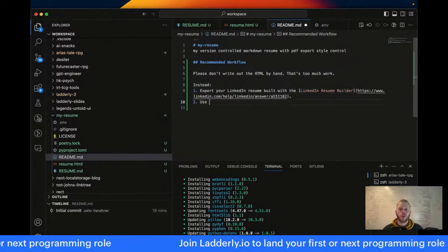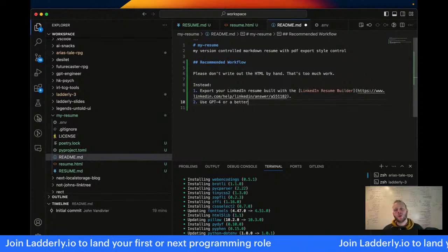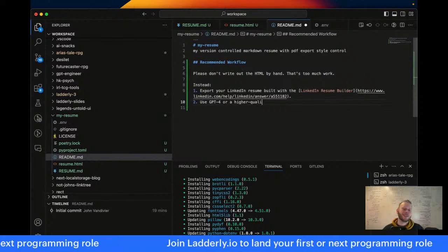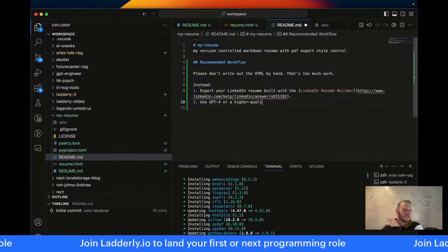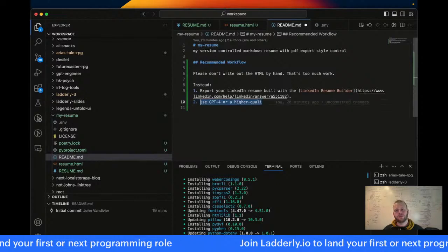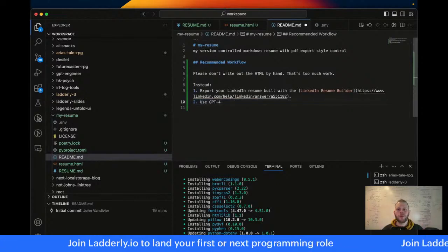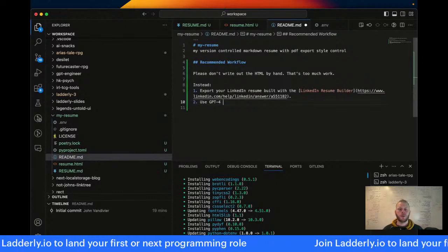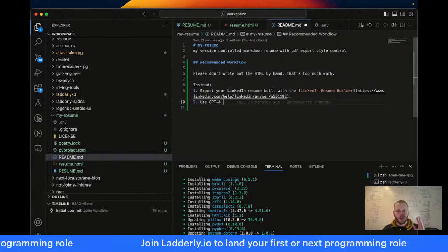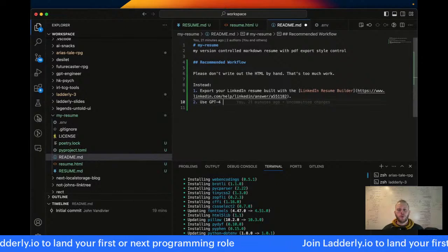Export your LinkedIn resume built with the LinkedIn Resume Builder. Step 2, use GPT-4 or a higher quality. People are going to get stuck on the phrase higher quality. Like, what's higher quality? Use GPT-4. I'll just recommend GPT-4. Okay, and if the README file gets out of date because there's GPT-5 next year, I'll update the README. Use GPT-4